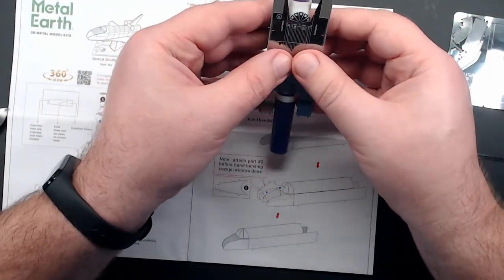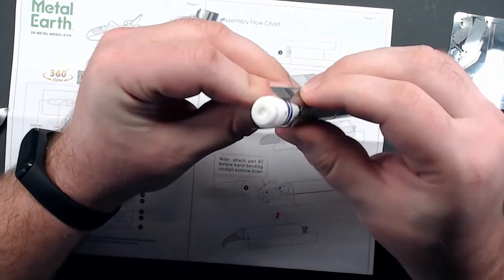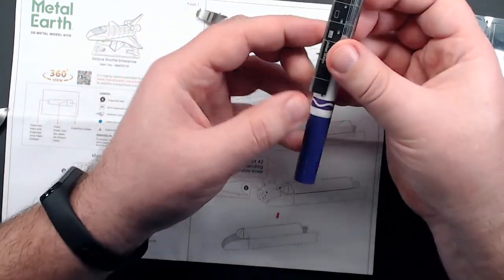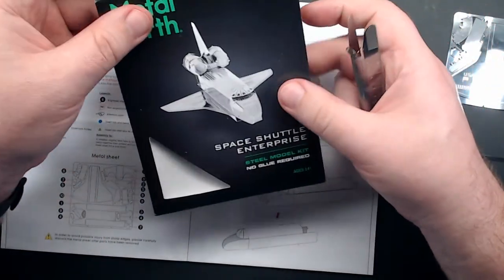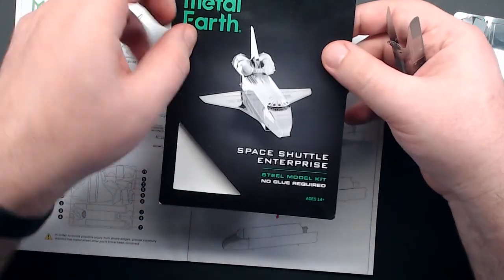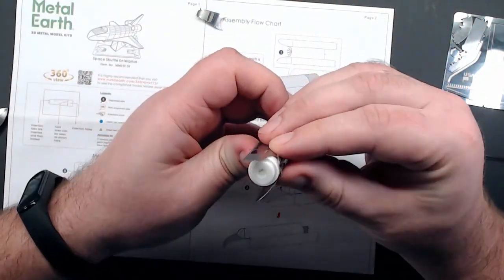Now we're going to pull out this, and as I curve this over, I'm seeing that these sides of the shuttle are supposed to go straight down, and this marker I'm using here seems way too big. But if I look at this, it's not a perfect curve over on the end. It's sharper at the corners and then broad across the top. So I think this is going to work for me to get the basic shape here